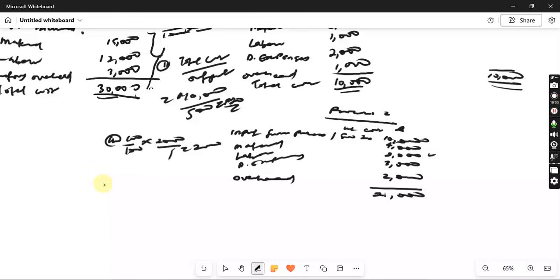Let us now solve for the cost per unit. Number 4: the cost per unit for process B to be transferred equals 21,000 divided by 700 units. So we have 3,000